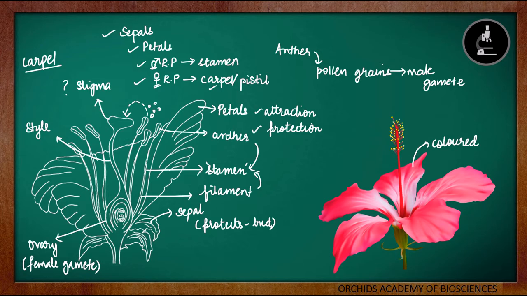So these are the parts of a flower. If we try to see the same parts in a real flower like hibiscus, I have taken an example here, we can label it. First we can see here the green colored part at the bottom which is called sepal, which looks like a leaf, and its function is protection of the flower in the bud form. Then these brightly colored parts of the flower which attract the insects and protect the inner walls of the flower